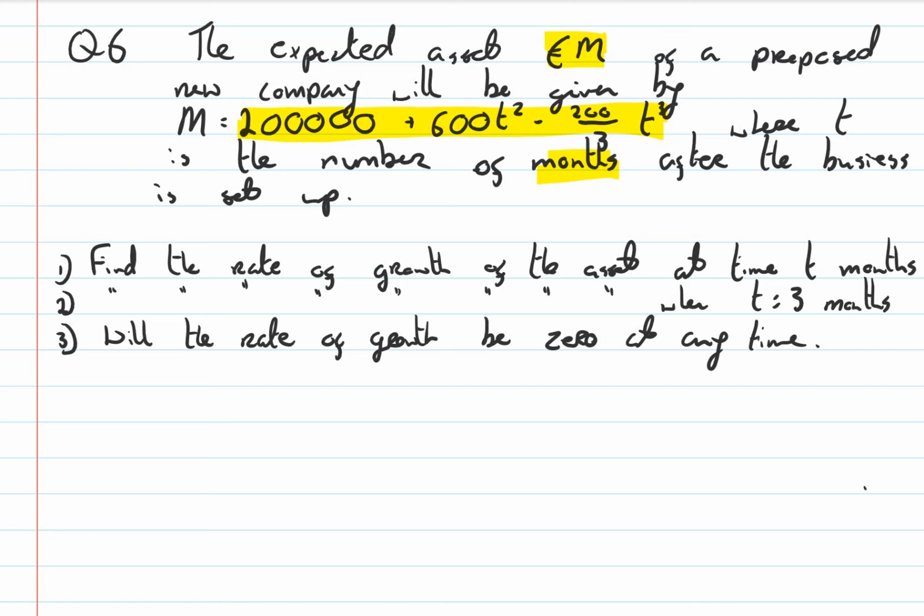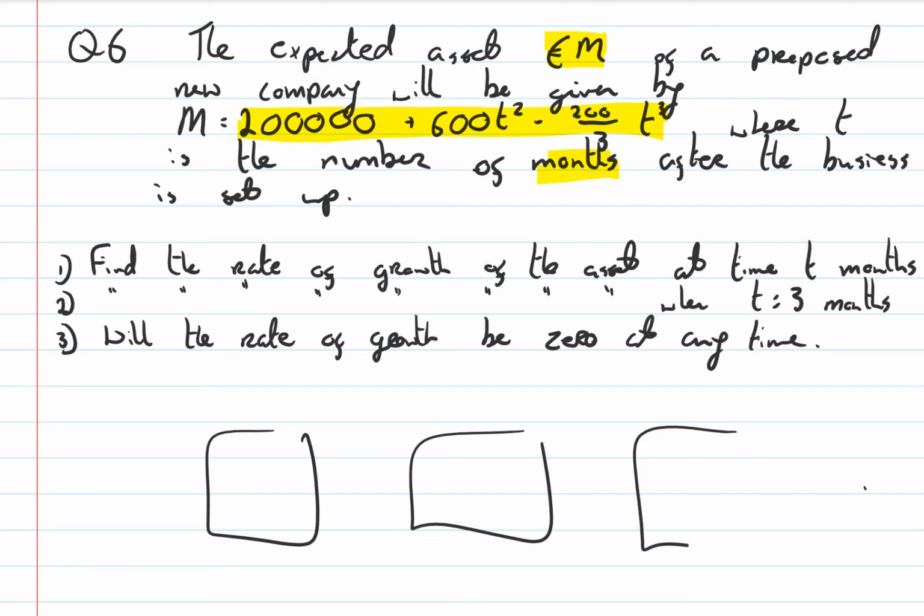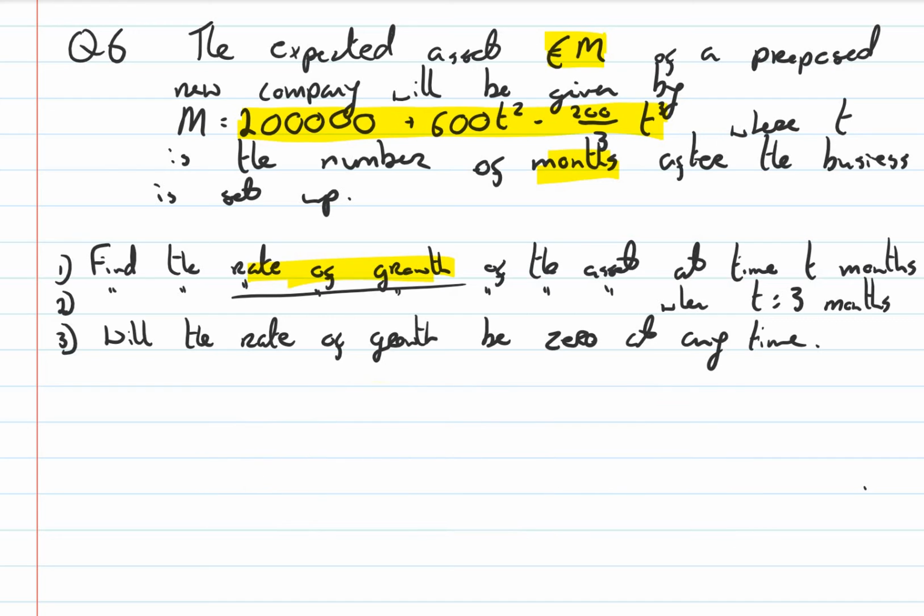So remember, this is a function for cost. If we remember back to what I looked at the first one down here, remember the 3 boxes? Cost was in here, and I want to find the rate of growth, so I'll have to differentiate once to get a rate of growth function. So, if we differentiate this once, we will get, well, first of all, dM/dt equals 600 multiplied by 2 is 1,200t,